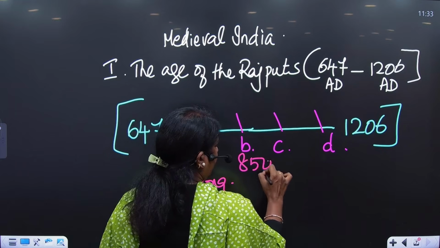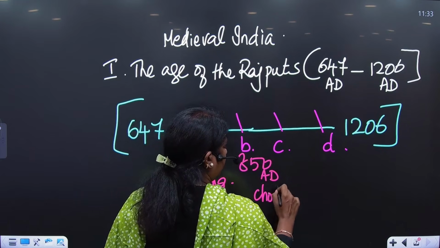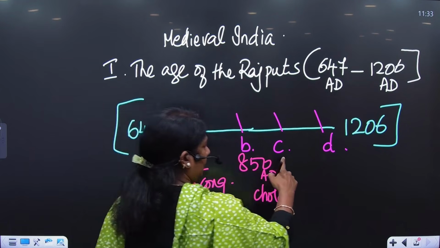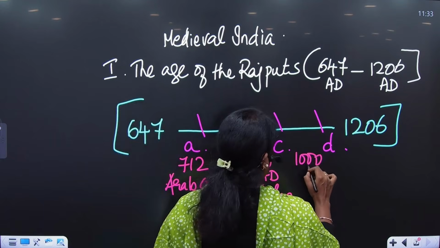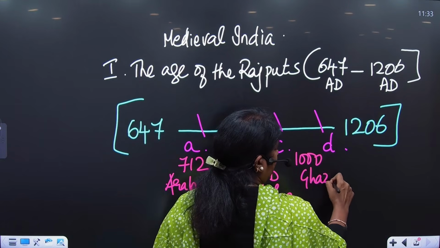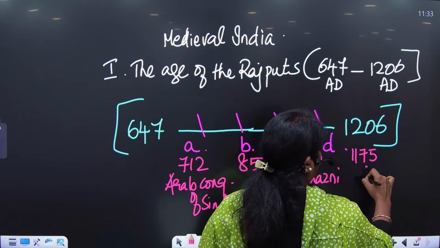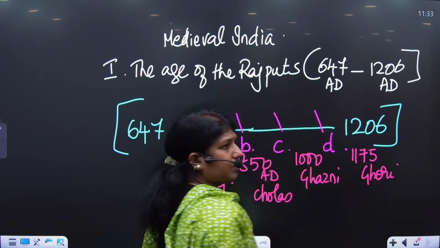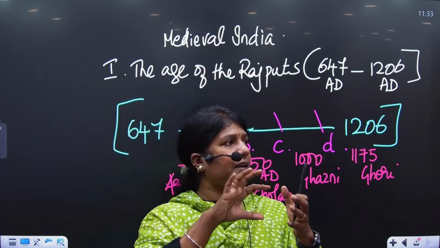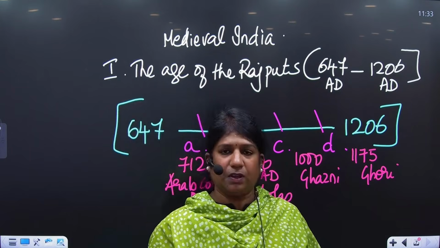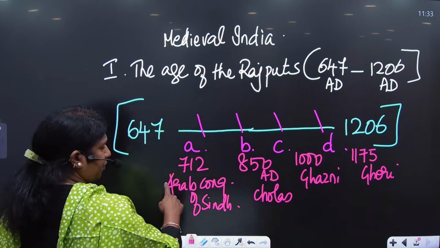And in 850 AD we have the greater Cholas coming up in South India. In 1000 AD we have the entry of Ghazni to India. And in 1175 AD we have the entry of Ghori. So these 4 topics are to be dealt with within the bracket of the Rajputs,